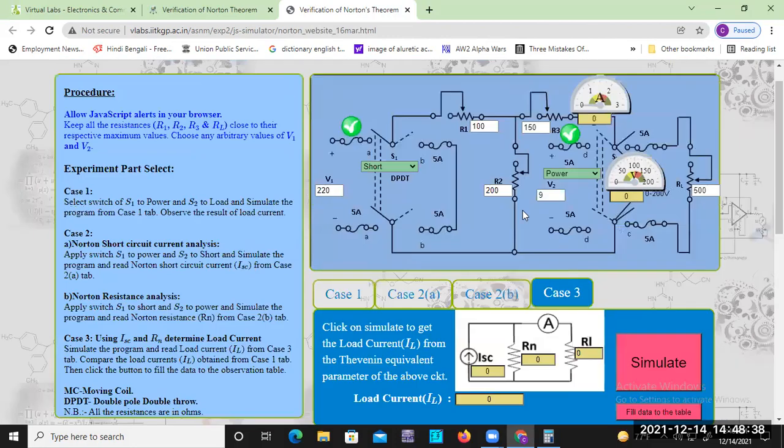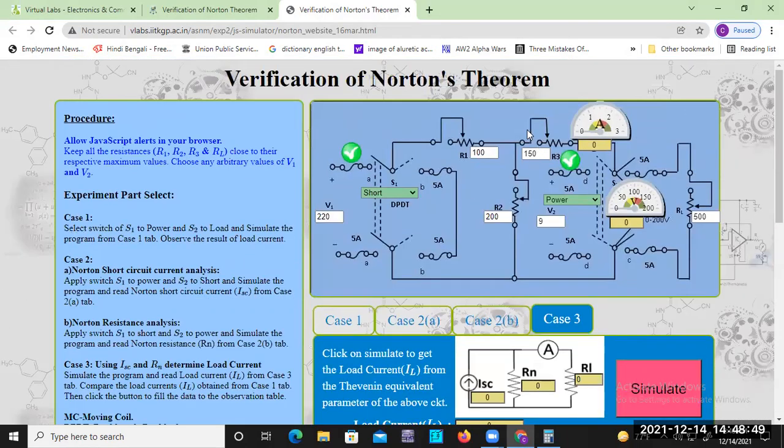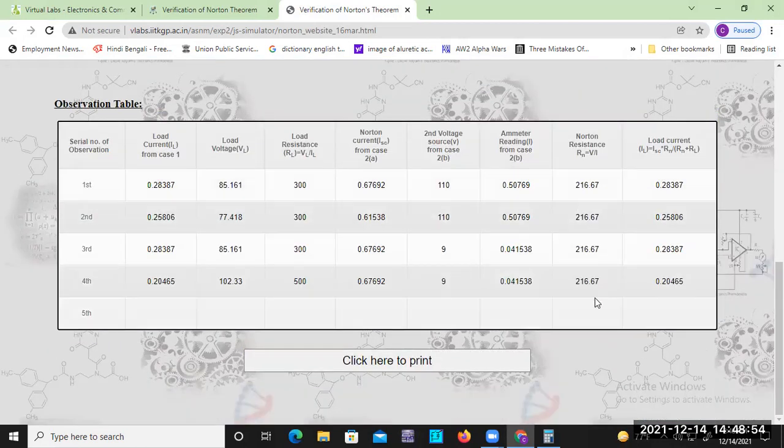Look, I have never changed any of these three. So the internal resistance is also the same for this case. I never changed any internal resistance, so the internal resistances are the same. This is the verification, and you have to verify it with your table. Whenever lots of data is there, we can't verify this by table. To see what the changes are, we have to go for a graphical representation, an XY graph. Then the graph will change, and by seeing this graph we can understand that yes, there is a change.